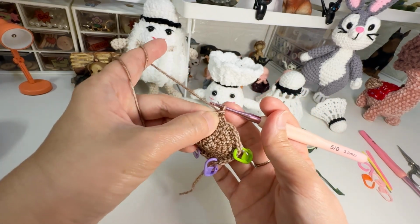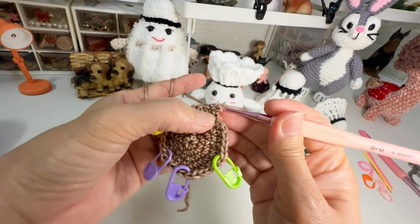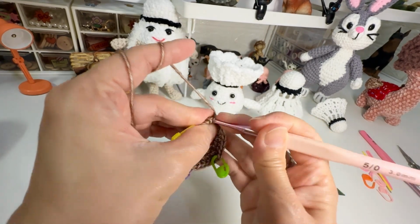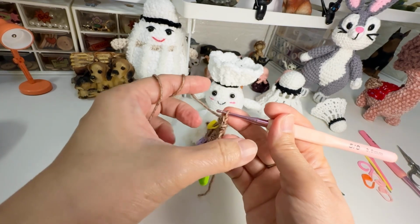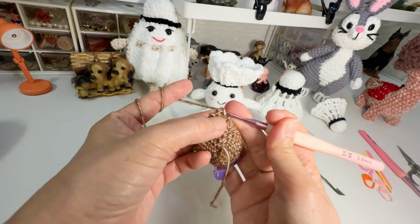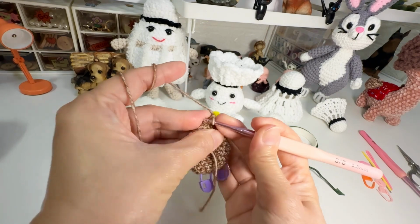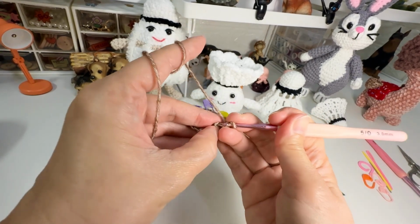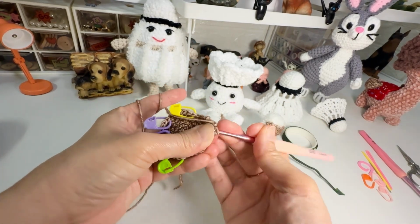I'm going to skip this first one here. I'm going to do single crochet in the next stitch, then I'm going to do decrease. Then I'm going to turn my work. There's only 2 stitches left, so I'm going to do decrease here as well. Take the front loop from the first stitch and the back loop of the second stitch. Wait, oops. Okay,